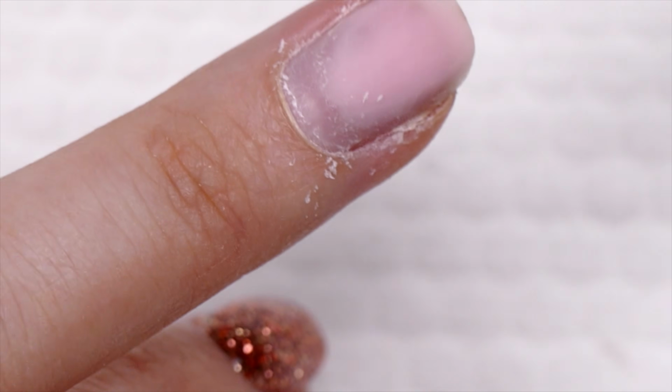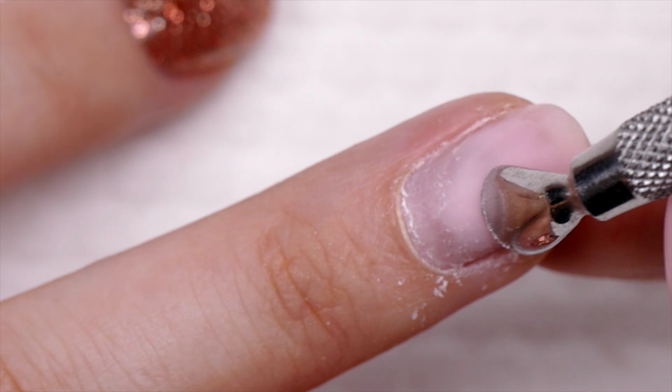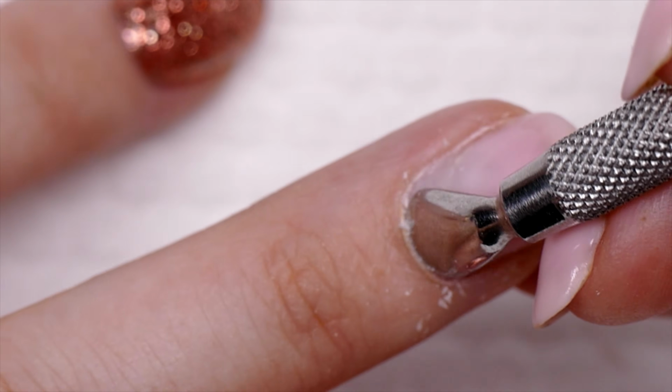Okay, so I pushed back my cuticle, my eponychium area, just so I can see what the full extent of my nail plate is going to look like. And that's a good thing to do, if you can, on someone: gently push back their cuticle like this, nice and even. Don't do any sliding motions like this. It's really